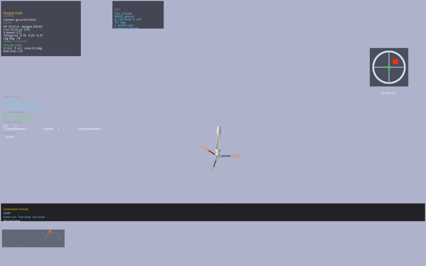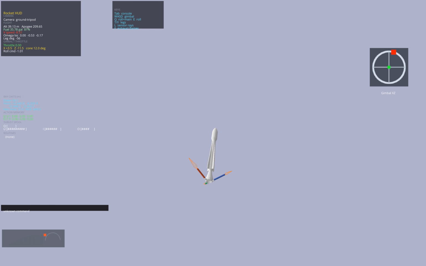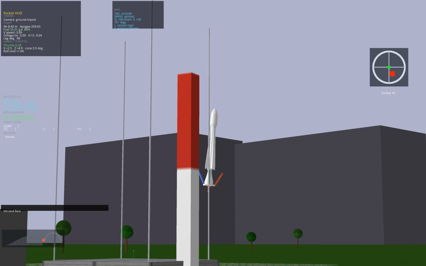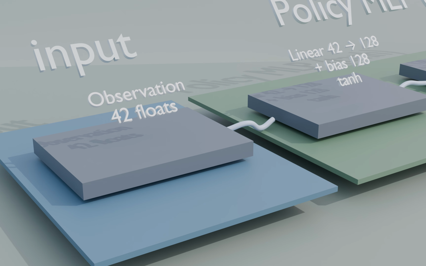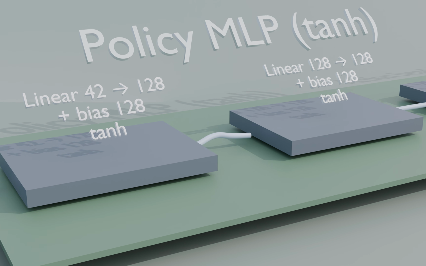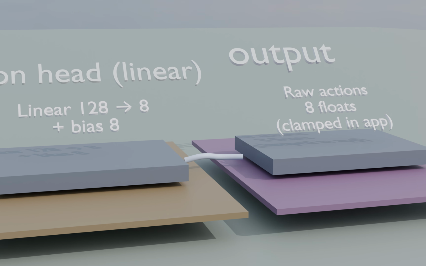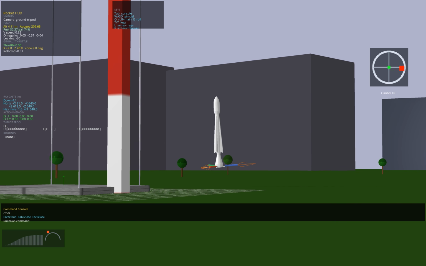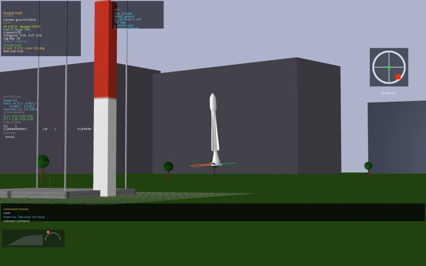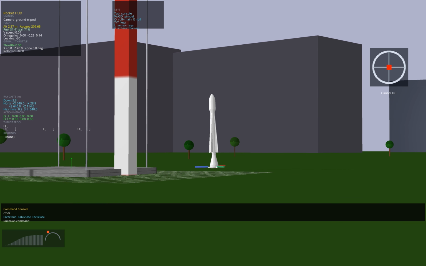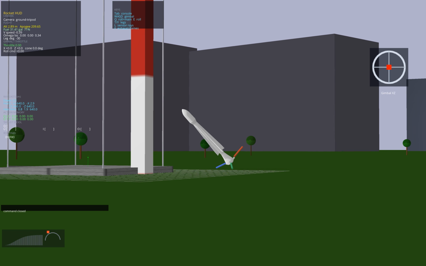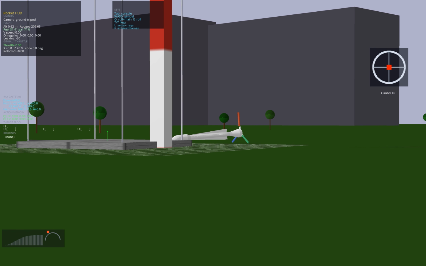So I want to be very clear about that right now. The system is not doing retrieval-driven language understanding, it is not selecting policies from a language layer yet, and it is not reasoning over a knowledge base. But it is already interactive, already fast, and already connected to a real control loop. That is what I want to show you in this video, the foundation that exists now, and the direction that it is moving toward. So let me show you what the system can already do.